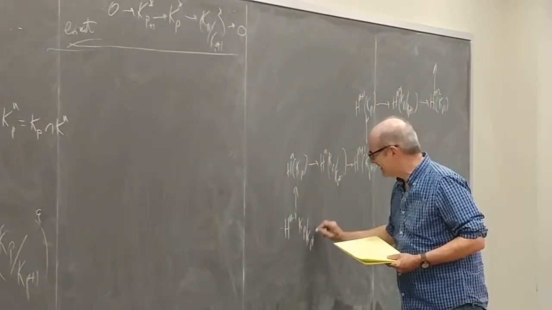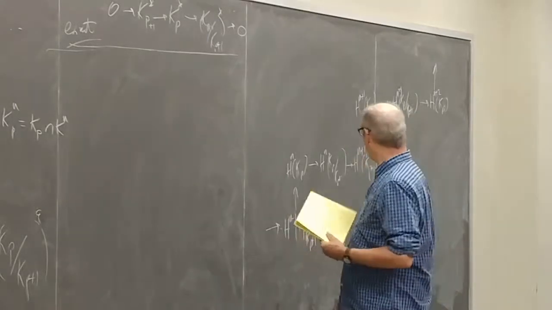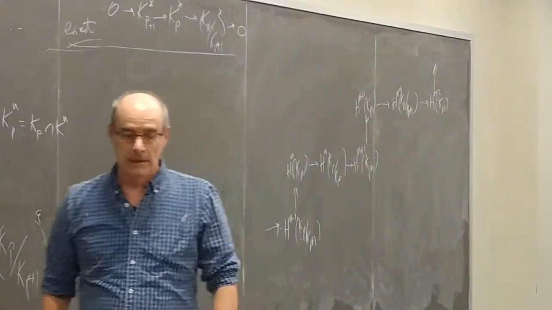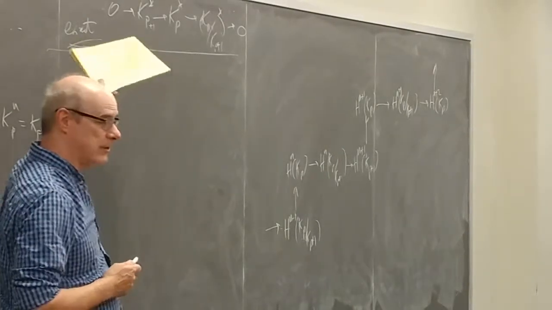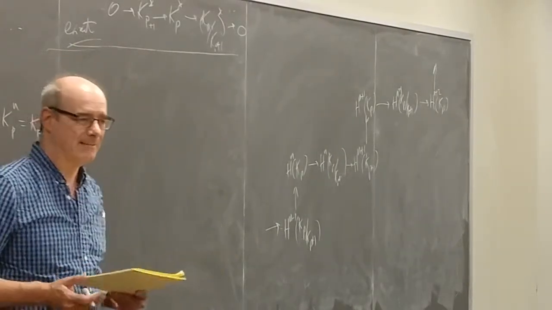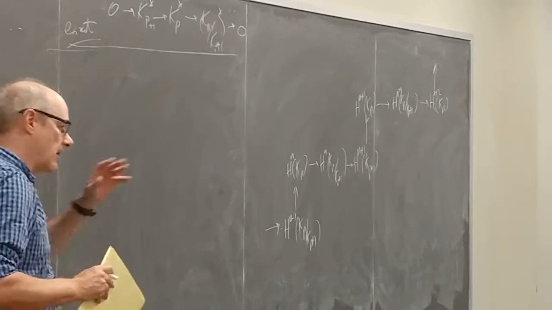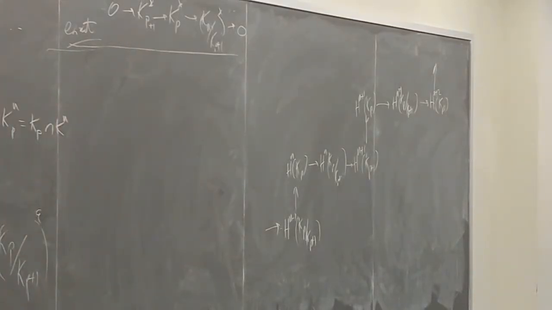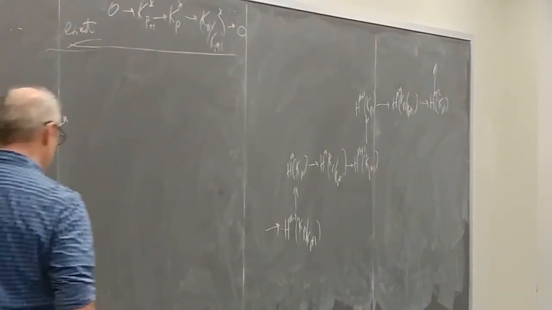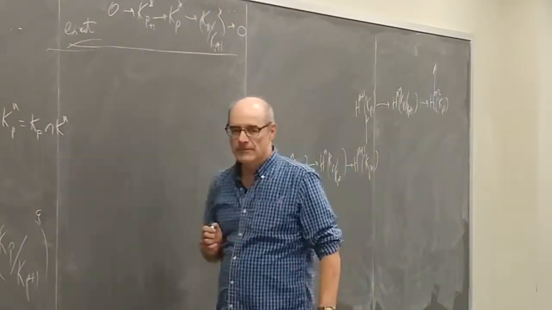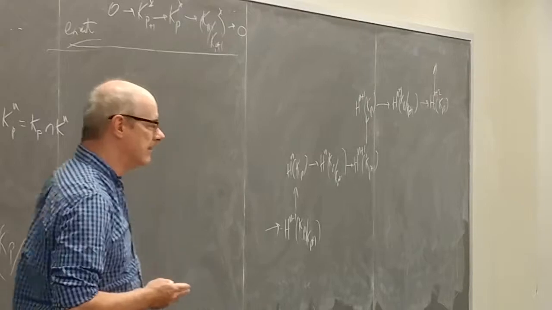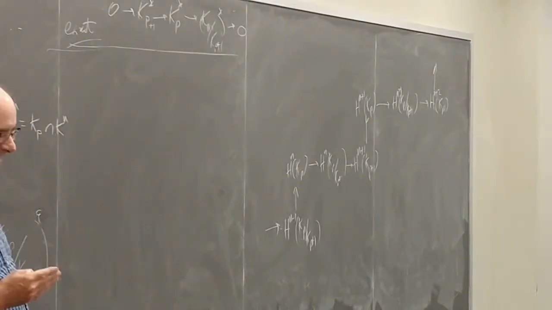So what I'm doing is writing down the long exact sequence in cohomology that comes from that short exact sequence of chain complexes, and you get the long exact sequence in cohomology by the Jill Clayburgh lemma. The Jill Clayburgh lemma is sometimes referred to as the serpent lemma or the snake lemma, but I like to call